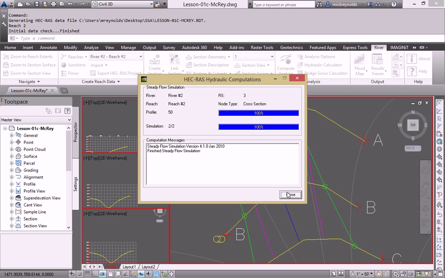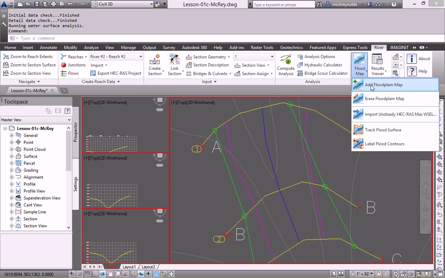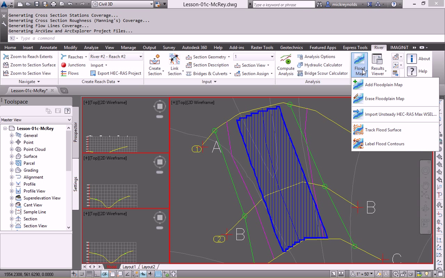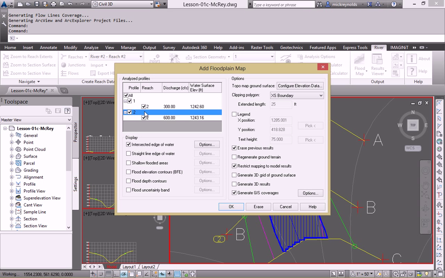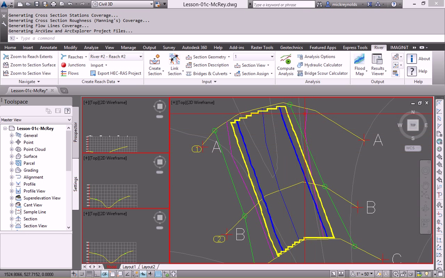Once the analysis is complete, we come over to the flood mapping. We're going to add a flood map, and you'll notice that it gives us the limits of the 10-year storm through this particular channel. Then we'll come back up and configure the second option here. Now when we select this, we get a limit of that area. So you can see that now we have both limits of our flooding for our 10-year and for our